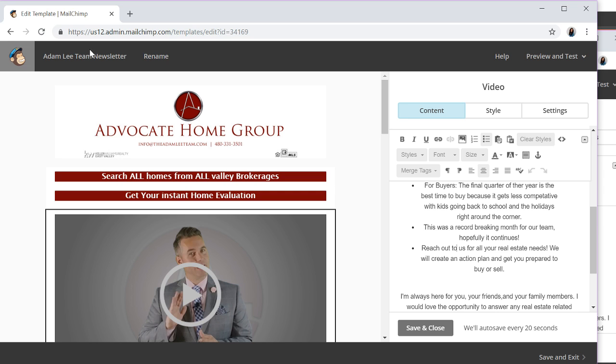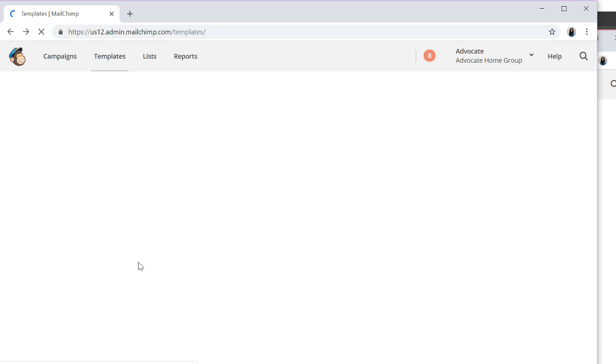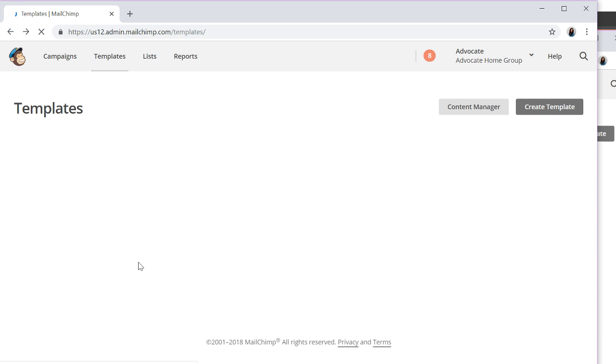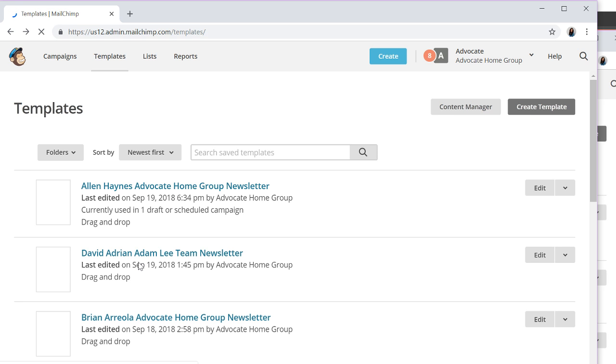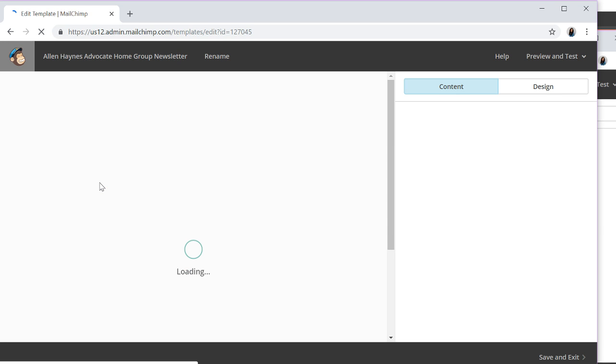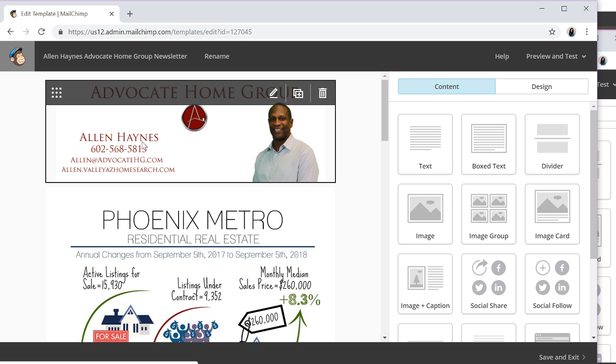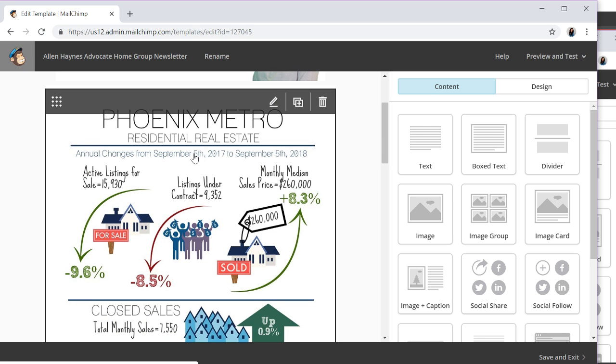Now if we go back to where we were again, I'm just going to press the back button this time. Next I'm going to show you how to actually send off the template now that we have edited it. So we're going to go to Alan's template again because that's the one that still needs to be sent off. And when you're here, you're going to just double check that everything is correct. And that's essentially why we're going back to it right now. If it would load. Okay, so you want to make sure that yes, it is the month of September,